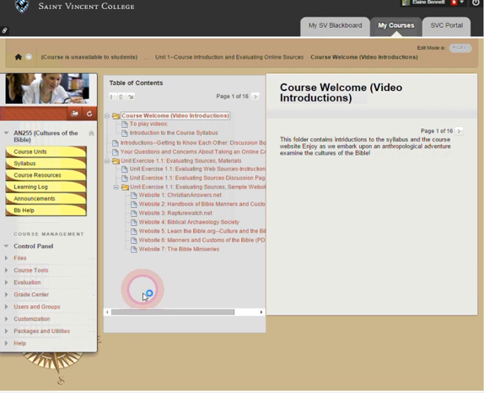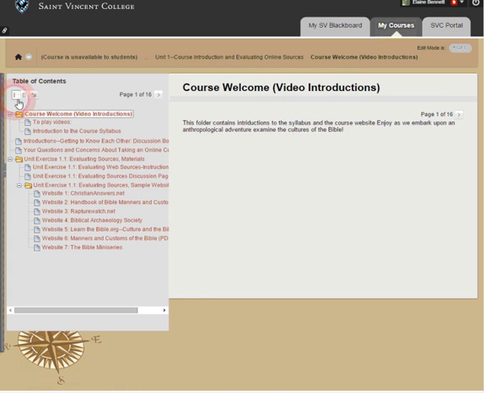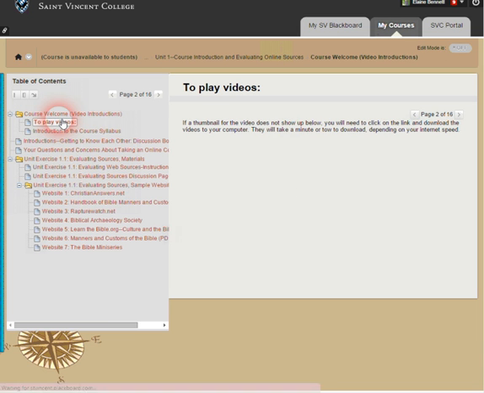And if you would like this to be a little bit wider, because the main information, so each piece of a unit will be over here on the far right. So if you would like this all to be a little wider, you can actually hide this menu and then it expands everything else. So here, this is the course welcome with the video introductions, some instructions on playing the